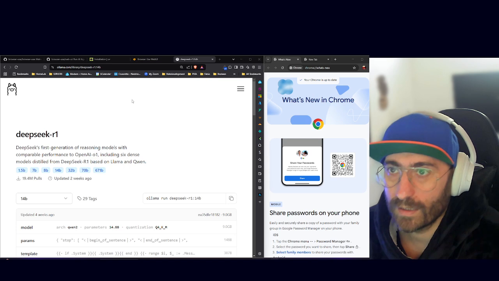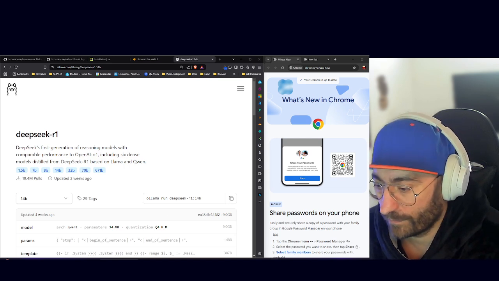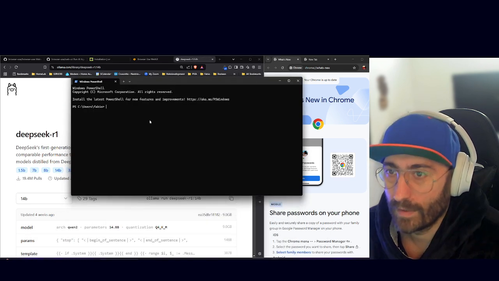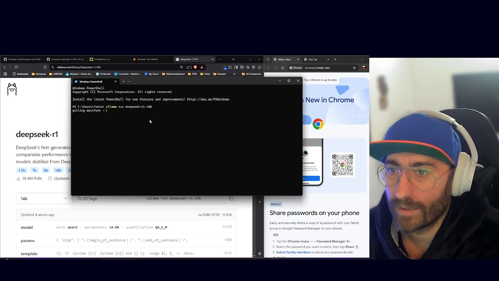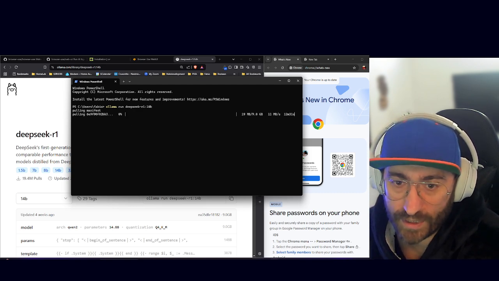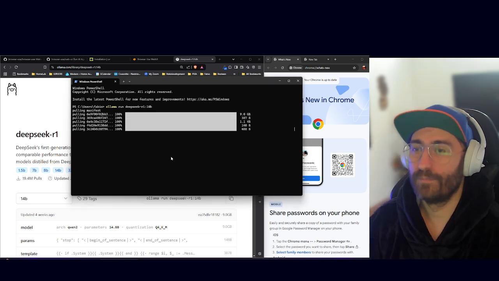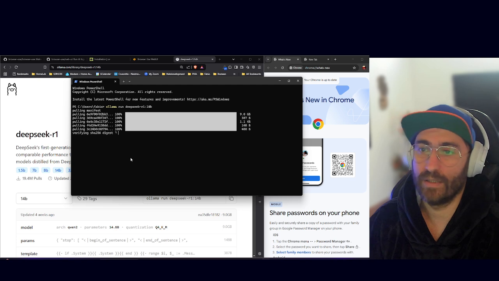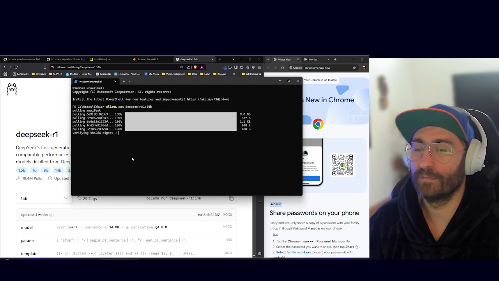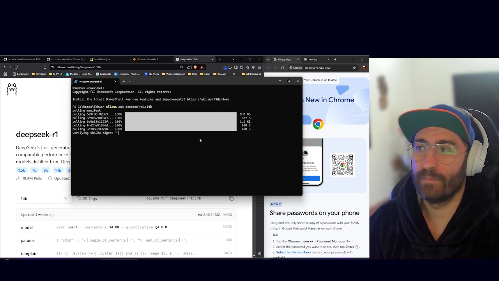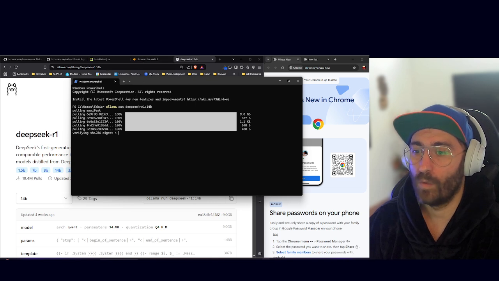So let me just open another PowerShell instance and let's run ollama run deepseek. And as soon as it finishes downloading, I'll be back. Okay, you are almost ready. The model was downloaded successfully. Just waiting for it to finish the last checks, and then we will be able to try that again through the web UI